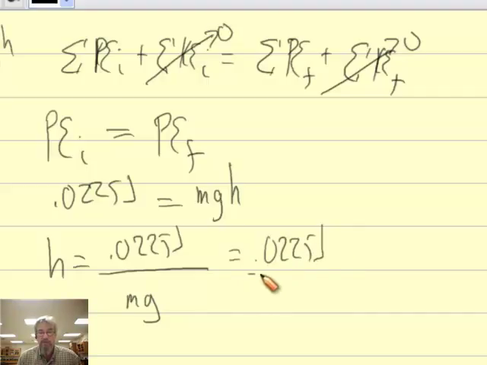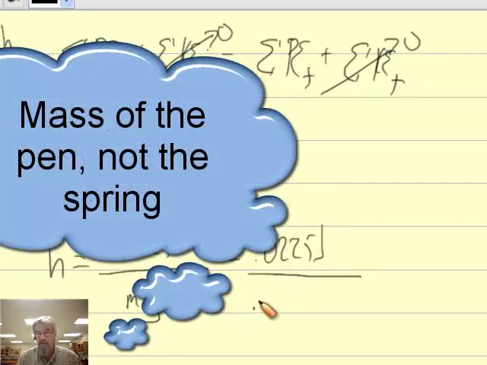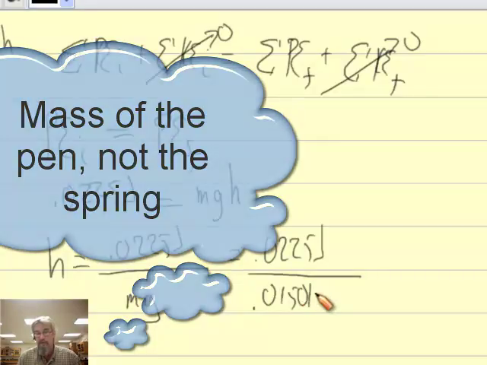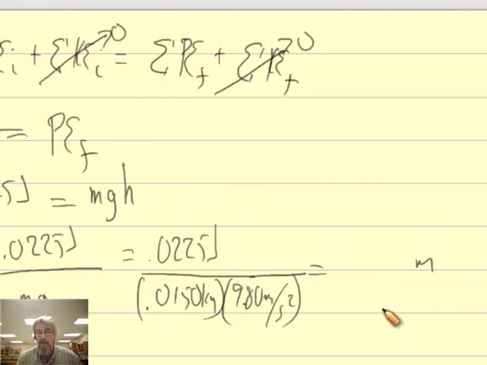0.0225 joules divided by the mass of the pen, well, it was 15 grams, that's 0.0150 kilograms, and g is 9.80 meters per second squared. A joule is a kilogram meter per second squared times a meter, so this will just end up being meters because the Newton part will cancel out. Numerically, you get 0.1